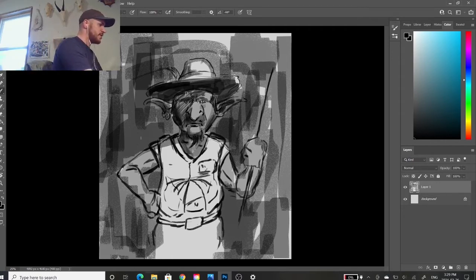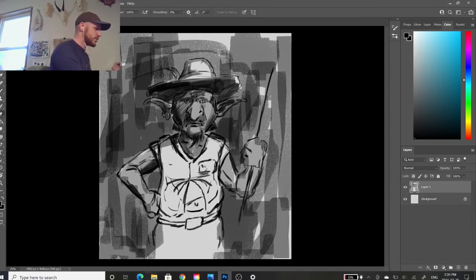That's kind of fun. Maybe I'll have some hair wisping, coming in the back too. Just cut straight across. We'll bring that around. Shade all this. And yeah, he's going to be ugly and green. And you can use your eraser as a tool to start developing some of this shadow and highlight